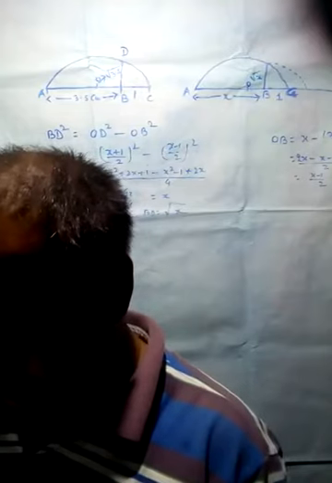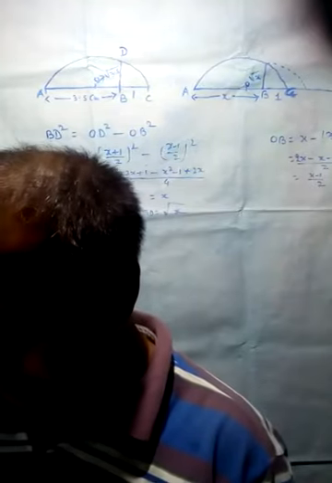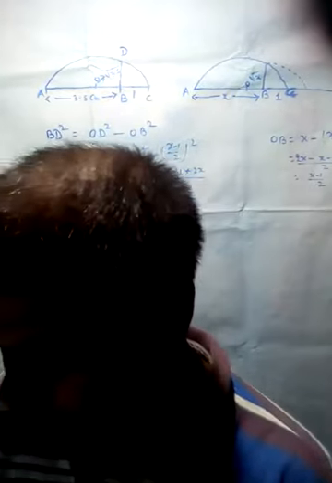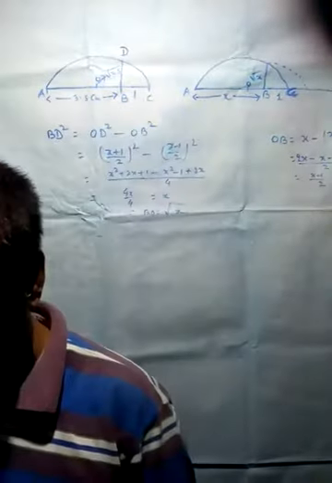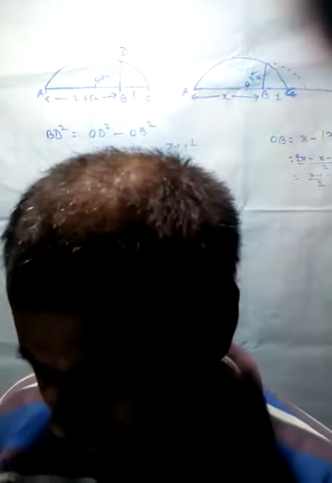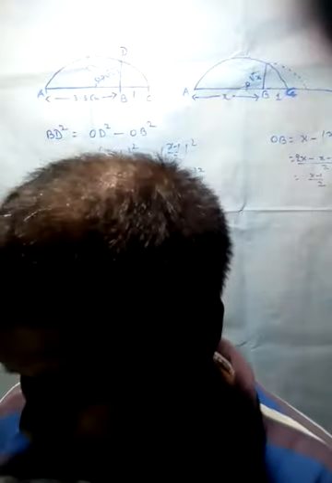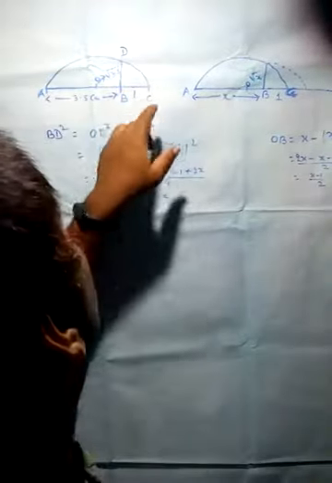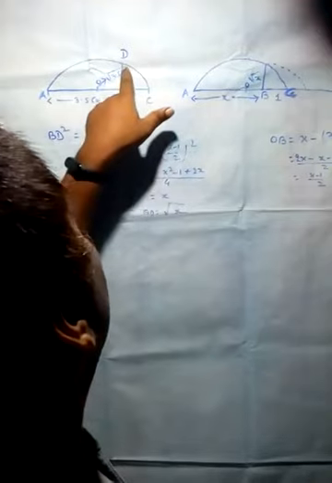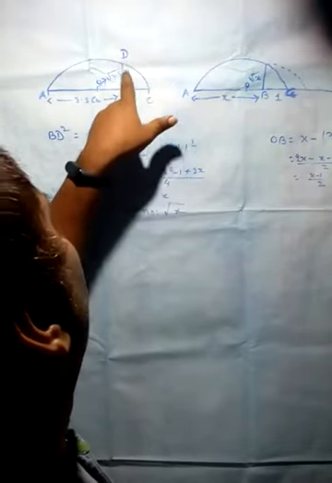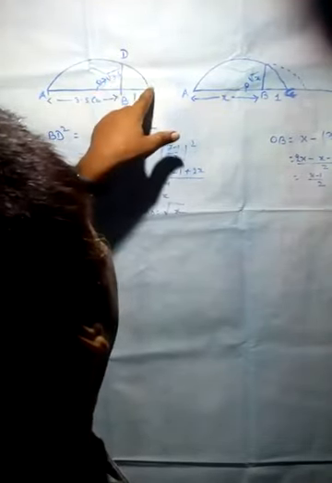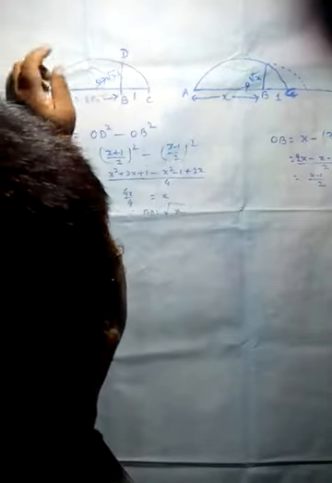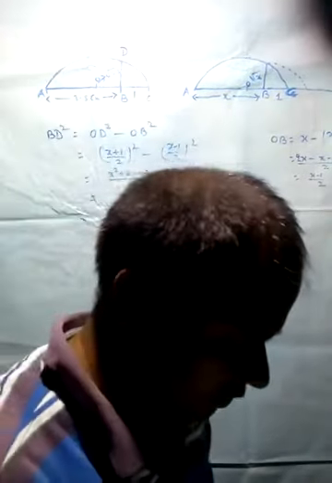More generally, find the midpoint of AC and mark it as a point O. Draw a semicircle with the center O and the radius OC. Draw a line perpendicular to AC passing through B and intersecting the semicircle at D. Then BD is equal to root under 3.5. So here you have to put the perpendicular distance from B which will intersect the semicircle at D. Then this BD is equal to root under 3.5.